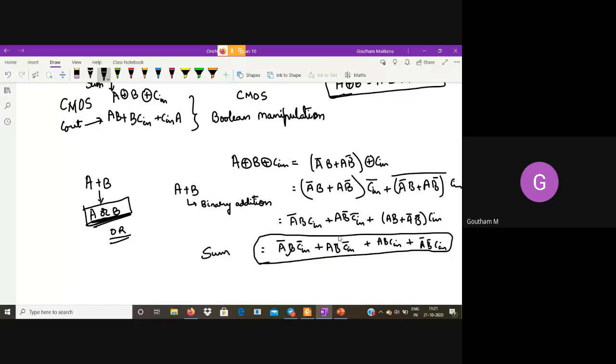This is Cin bar. This is minterm 1, 2, 4, 7. Sigma of 1, 2, 4, 7.